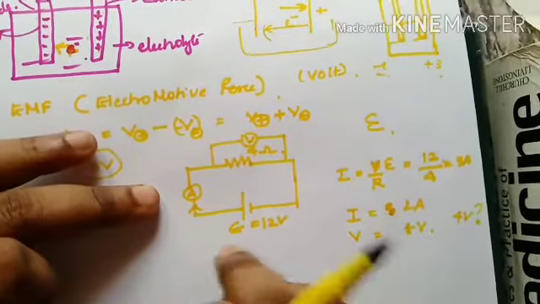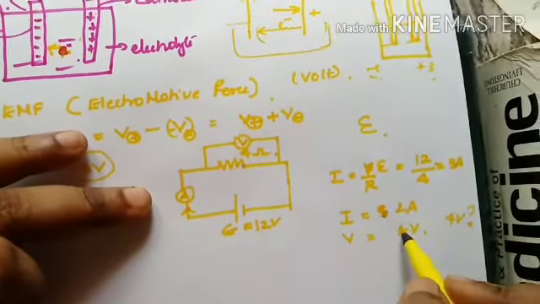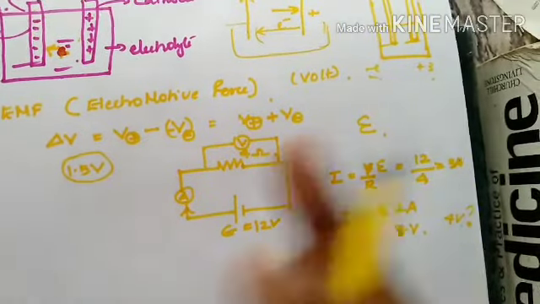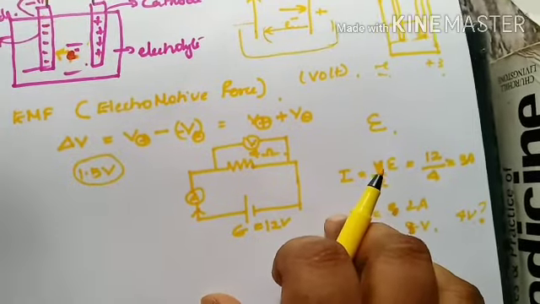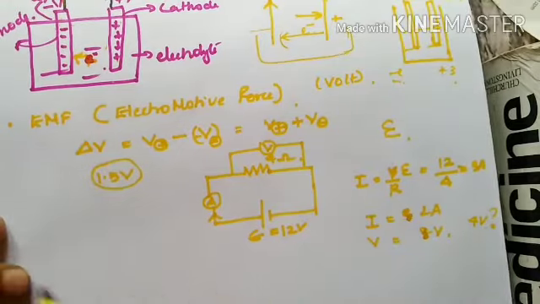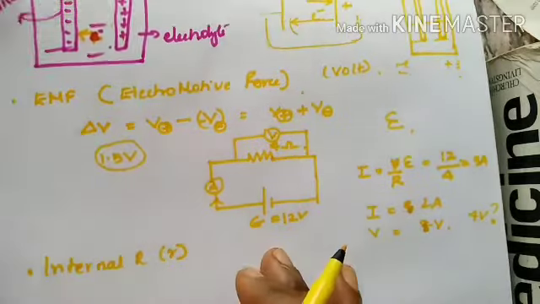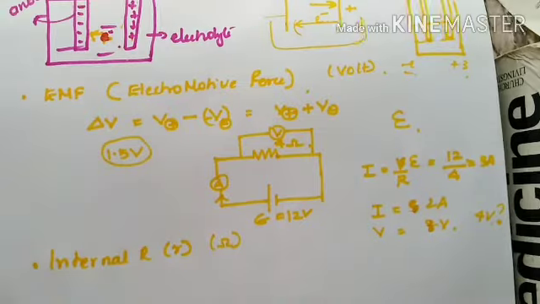Similarly, the voltmeter showed only 8 volt, so a loss of 4 volts. So there was a big question, where did this 4 volt or 1 ampere loss come from? That's where internal resistance comes up. See, what is internal resistance? Internal resistance, its symbol is small r, and the unit of course is ohm.